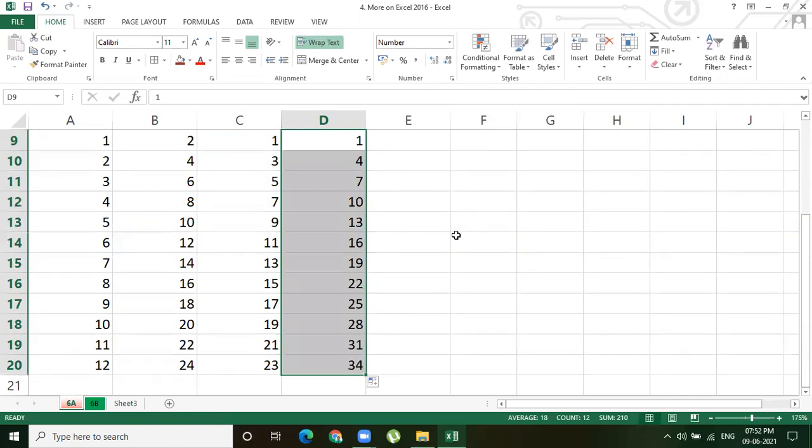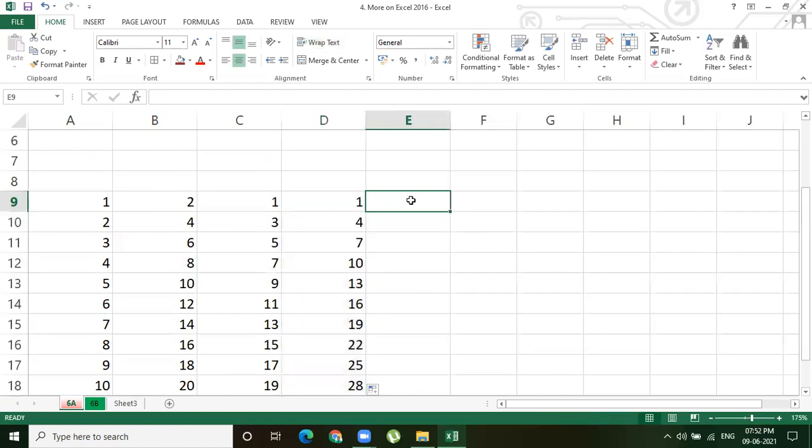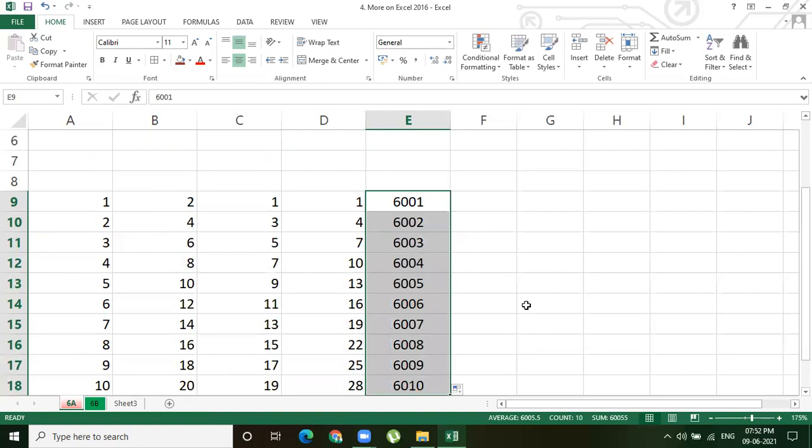So like this, you can fill the series of data automatically. Not only starting with 1. If you take 6001 and 6002, then automatically the series will be filled. So in this manner, you are able to fill the data automatically.